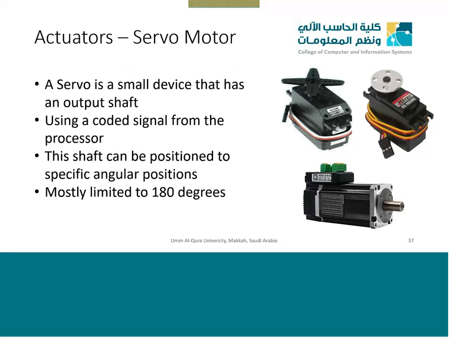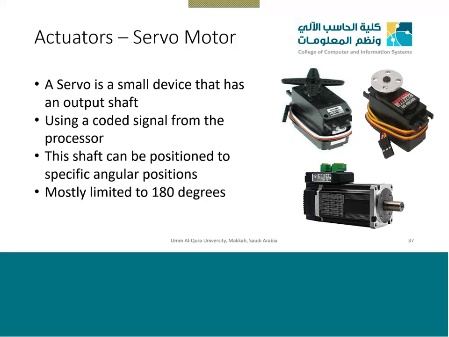A servo is mostly used to turn on and off stuff or to move things left and right. Normally in drones we use them in the wings to move them up and down. A servo does not rotate 360 degrees, it will rotate only 180 degrees, so it can move from the left to the right and then from the right to the left. So these are the only 2 options which we have.